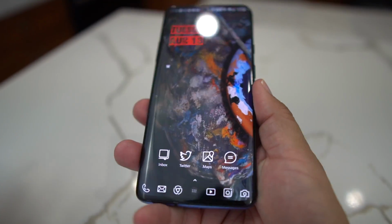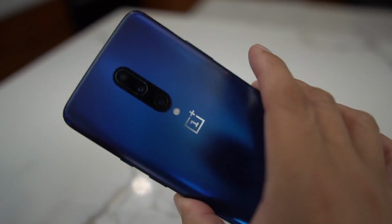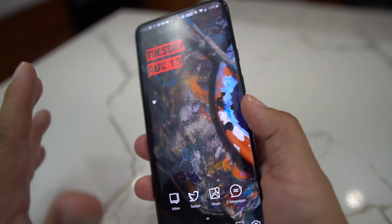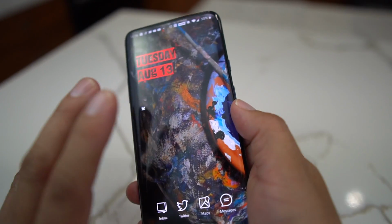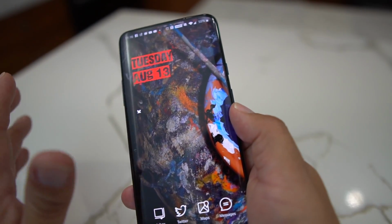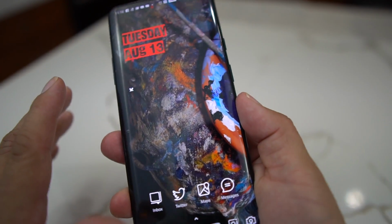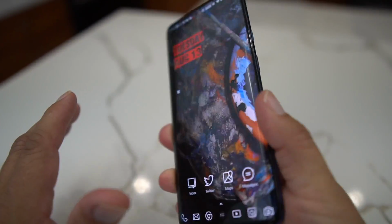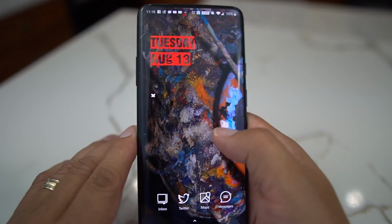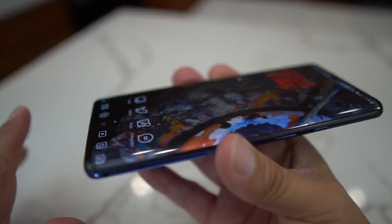Now, this thing has a beautiful, beautiful build and display. I've had it over 90 days, so let's do a little bit of a review. I want to talk about the good, the bad, and the great, okay? Now, the great is the absolutely stunning display on this phone. It is just beautiful. It's big, it's large,